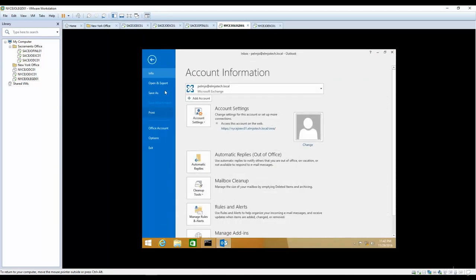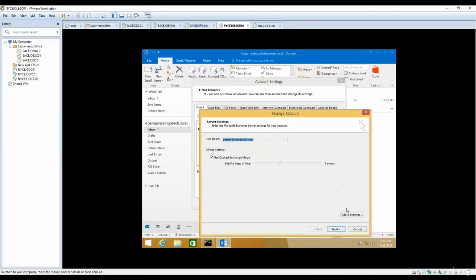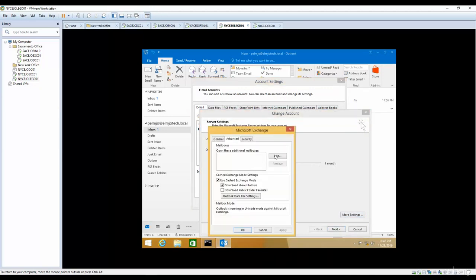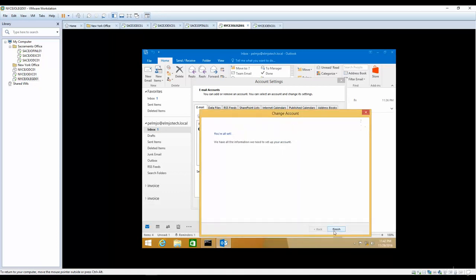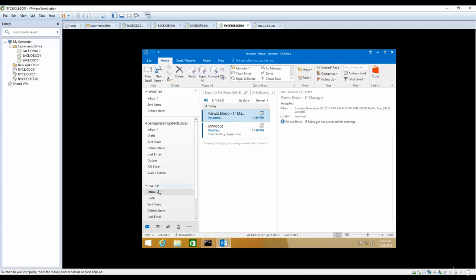You had to go to File, then Account Settings, double click, then go to More Settings, then Advanced, and add invoice. That's how you were adding mailboxes with the older version of Outlook. But this is the good thing, the beauty of Outlook 2016 and Exchange Server 2016, where it adds the mailbox automatically. So now if someone sends an email to invoice, Parviz will be able to check his email